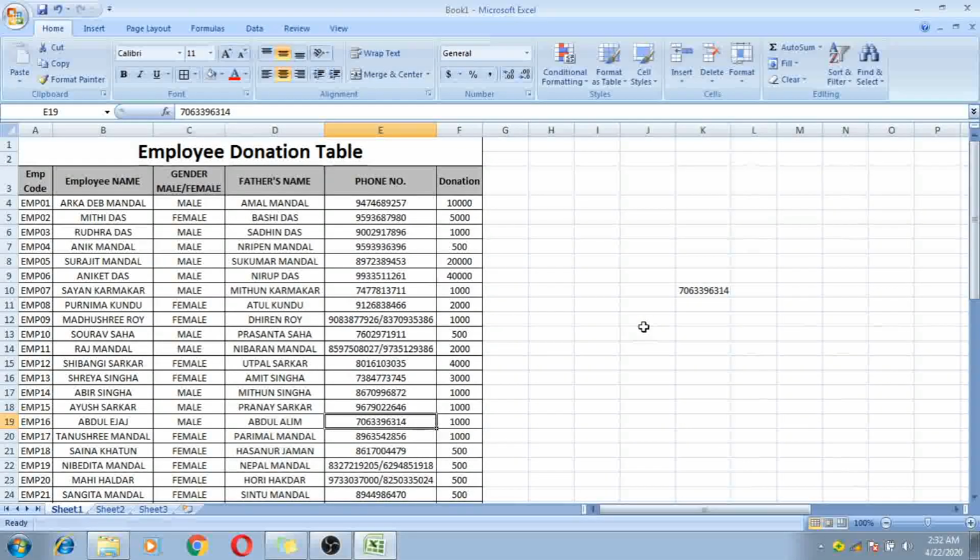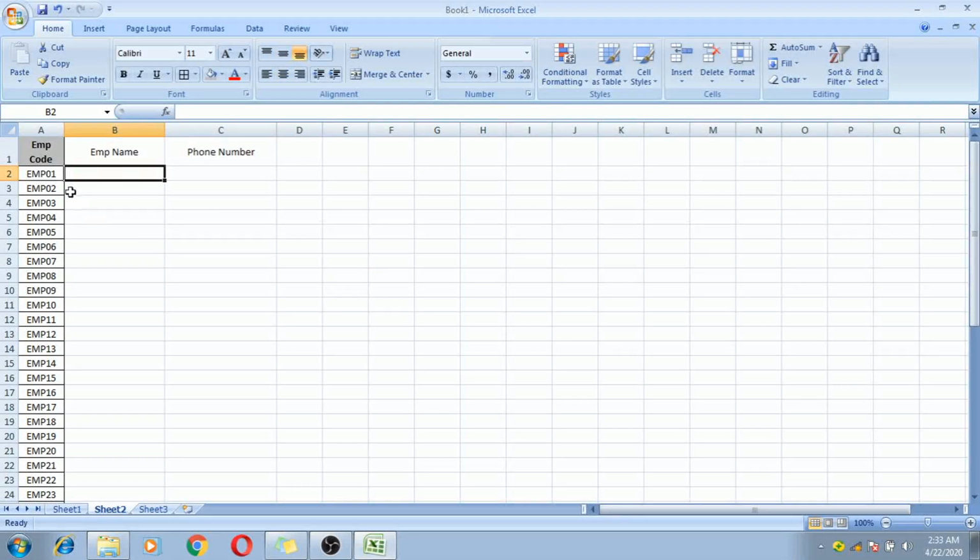Okay, now I will show you how to use this VLOOKUP function on another sheet. So just go to Sheet 2. Here I already copied all employee codes, and on the basis of these employee codes I will search all employee names.